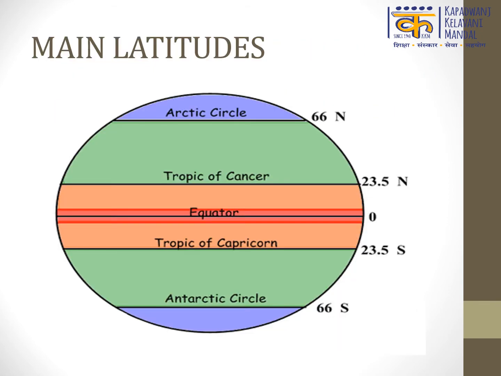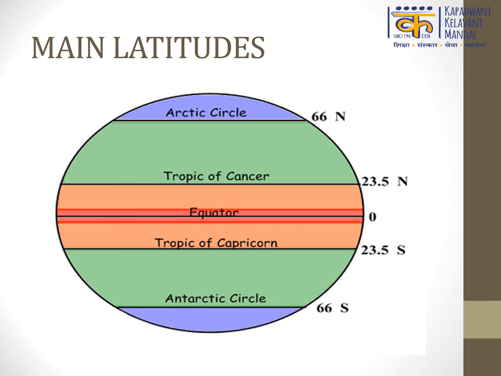Notice that there is a horizontal line drawn in the center of the earth's surface. It is equator. The equator divides earth into two equal parts. The portion above equator is called northern hemisphere and the portion towards the south of equator is called southern hemisphere. Thus latitudes in the north are called northern latitudes and those towards south are called southern latitudes.